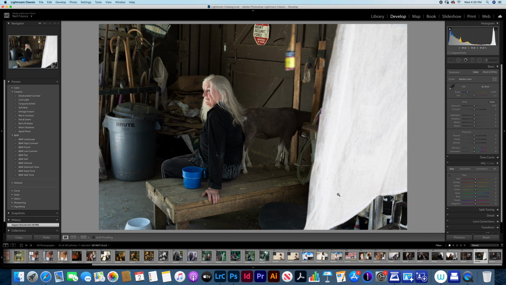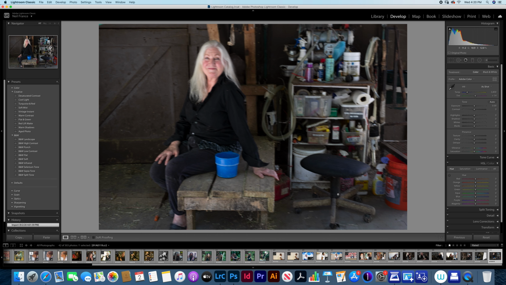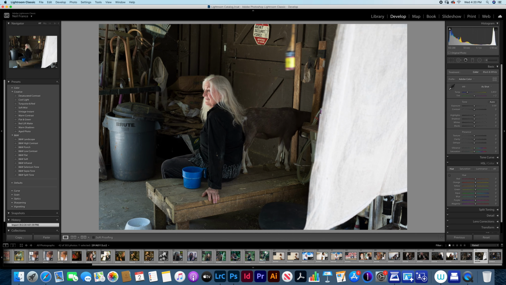It's much more interesting to see the whole space, to see all the stuff that she's dealing with. This one would work out cool if it wasn't so out of focus. I can't do anything with that. There's more shots of Linda, but I just wanted to show you those to give you an idea of the process I go through to come up with the images that work.